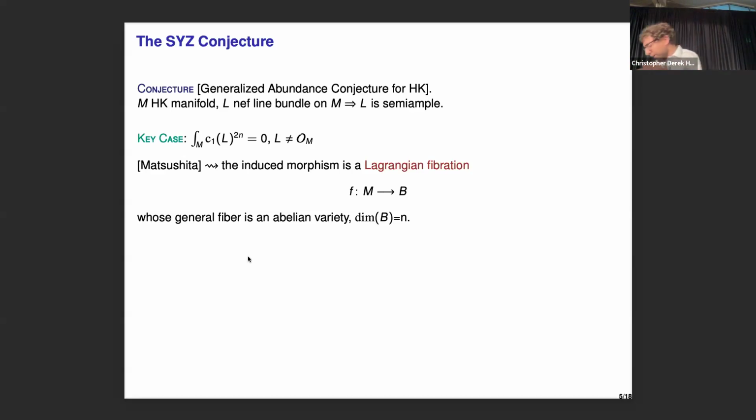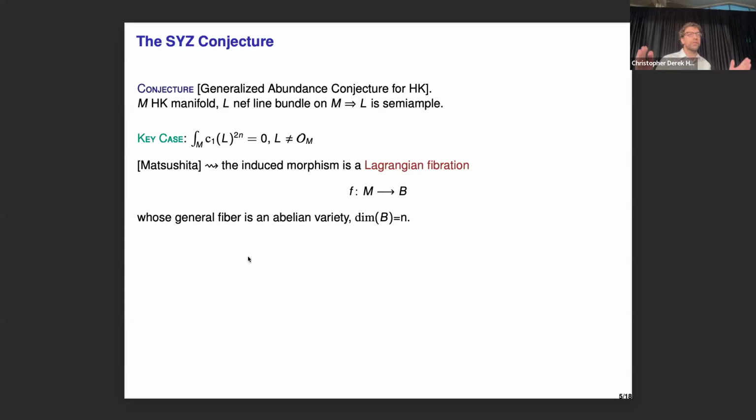Now, hyper-Kähler manifolds, if you've never seen them before, are super rigid geometry. And so this theorem might look surprising, but actually it's not so hard to prove once you understand a bit the structure of hyper-Kähler manifolds. So we say the following. Assume the conjecture. Assume I have an F-line bundle which is not big, so we satisfy this case here, and which is semi-ample. Then I look at the induced morphism, and the induced morphism is actually a Lagrangian fibration.